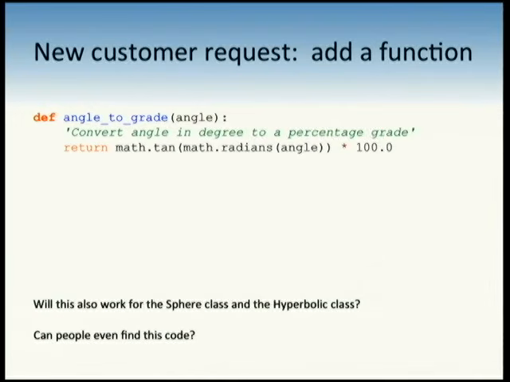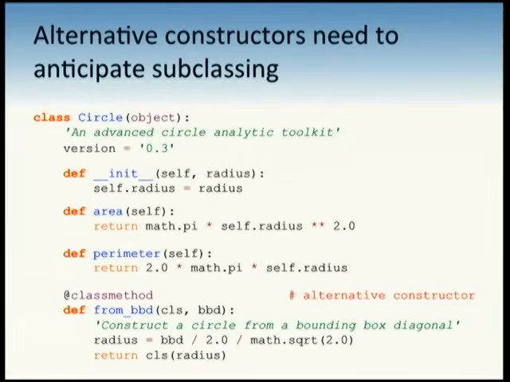All right, so the summary here is: when there are constructor wars, everyone should win. Provide the alternative constructors. The technique for doing that is class method. The parameter to it is class. Be sure you use that parameter because it will support subclassing. Thumbs up if you got it.